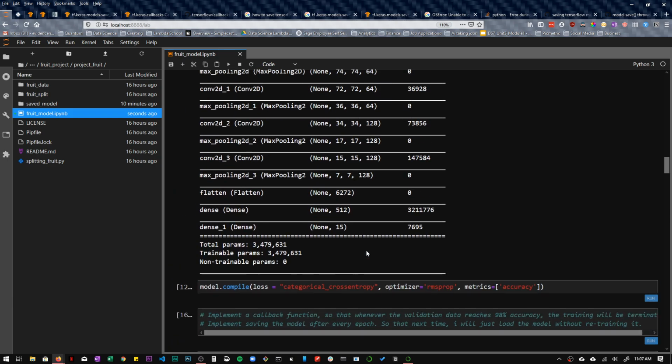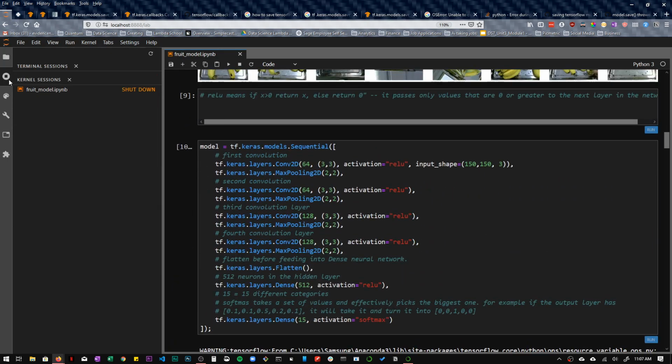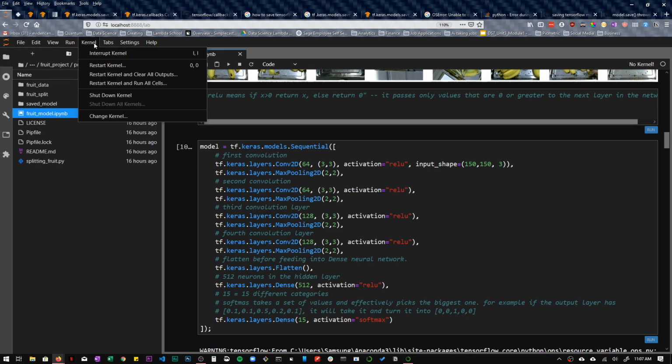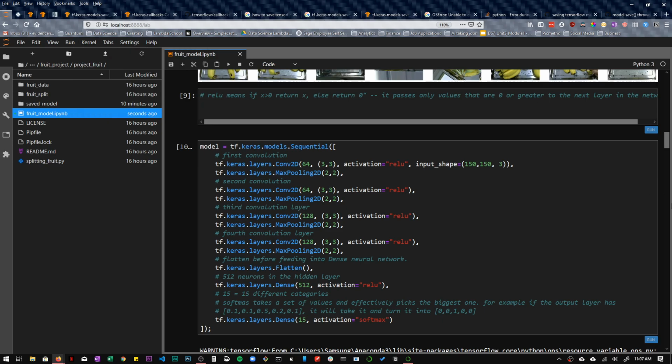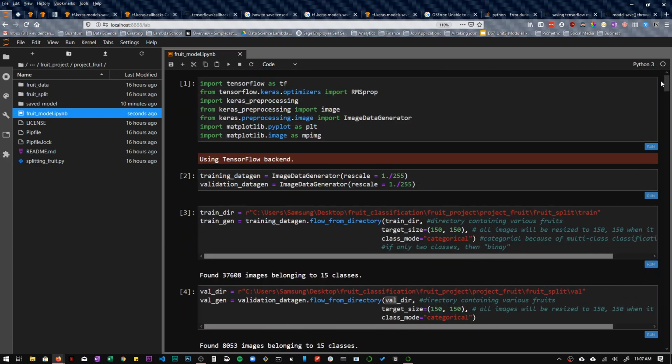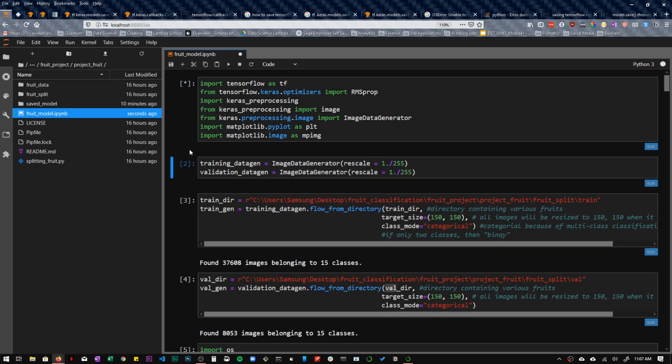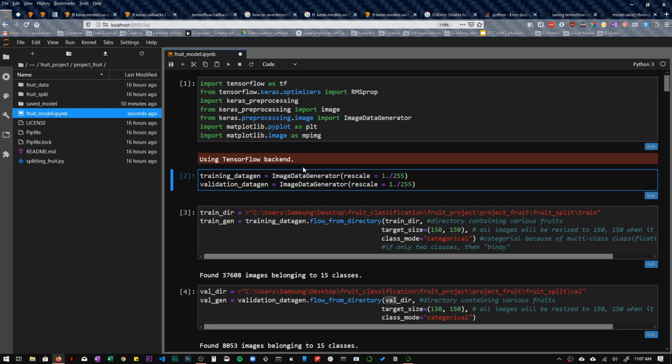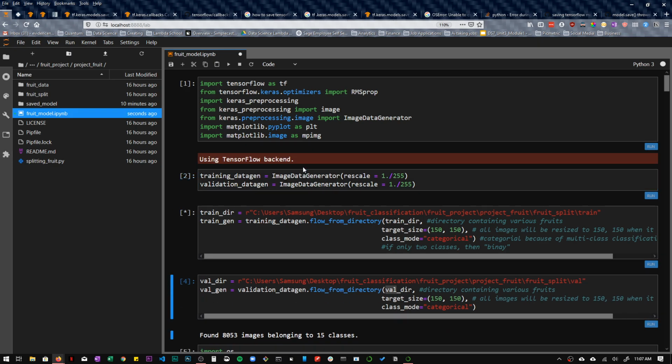So let me go ahead and shut down this kernel and let's say restart kernel. Alright. Let's go ahead and run that. Run this code.